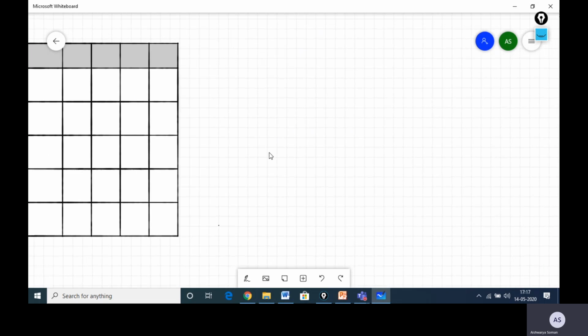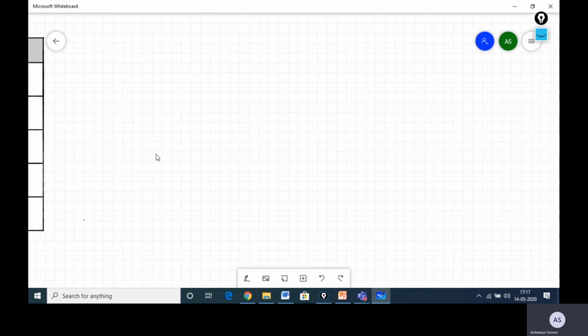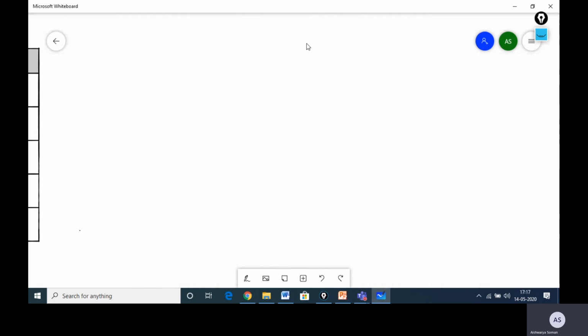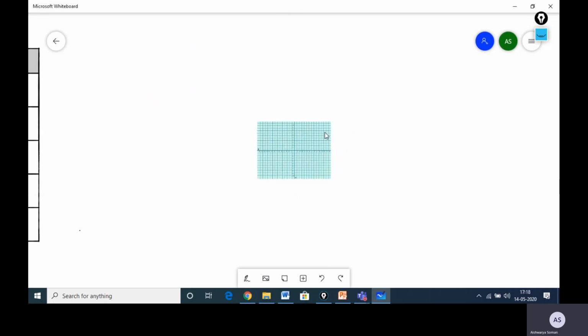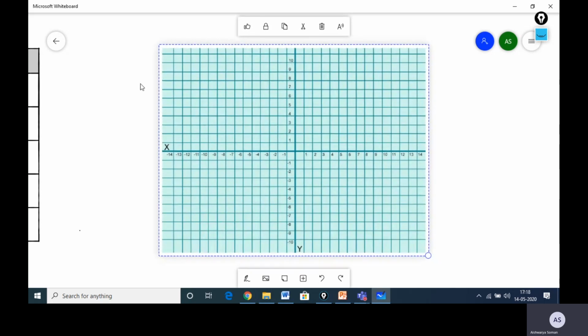How do we add images now? What I'm doing is I'm just panning it to the side so that I get the workspace free here. This is add image. Now if I click on add image, before the lessons only, teachers just download the images that you want for your activities. Now for example, math teachers, if you want a graph, please download the graph beforehand onto your D drive or desktop, and it will pop up here. You can enlarge it like this.